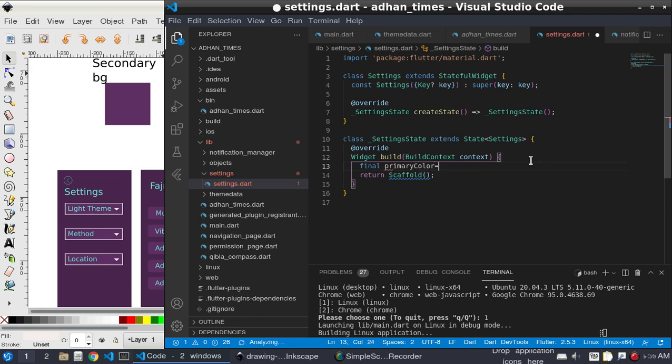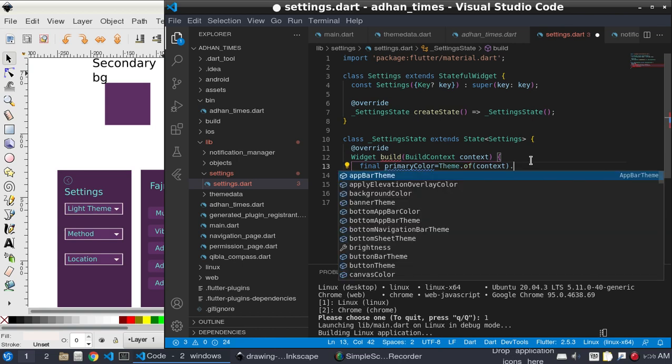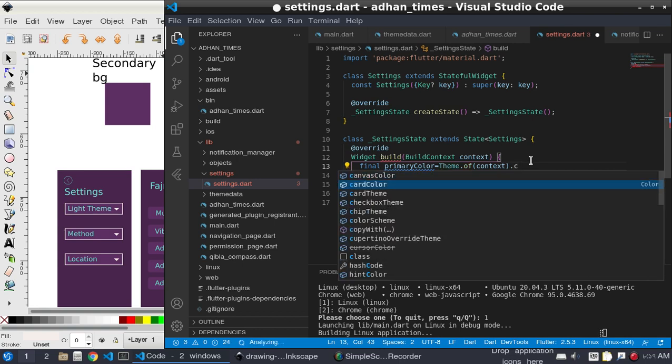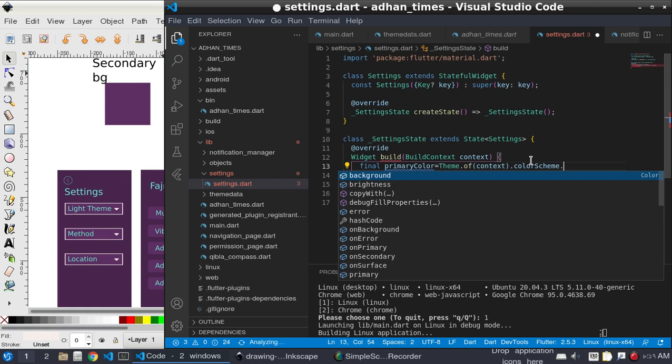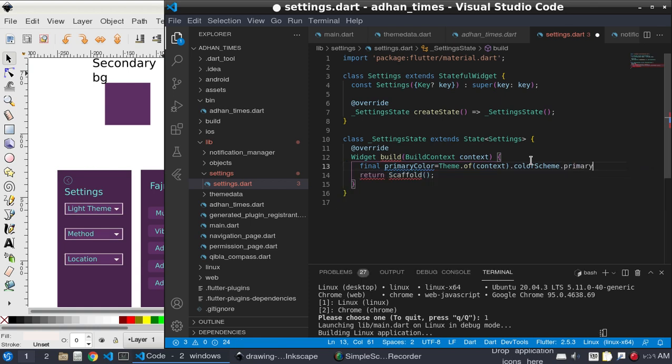is equal to Theme.of(context).colorScheme.primary, and final color